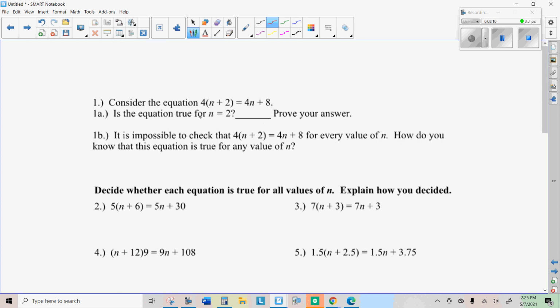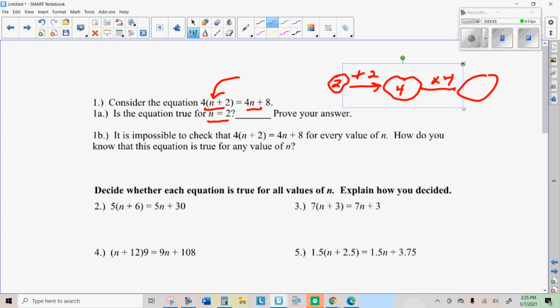Now, one thing you might want to do is check your expressions, make sure they are equivalent. In other words, they give the same result. So to check that these are both equal for n equals 2, the first way we're going to do it is we're going to take our 2, and this expression says add 2 first, which is 4, and then multiply by 4,